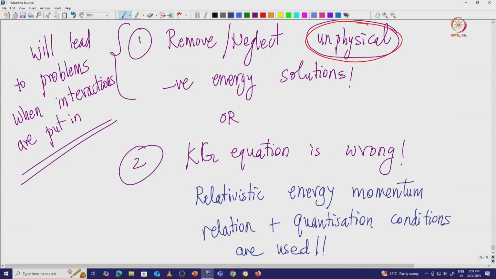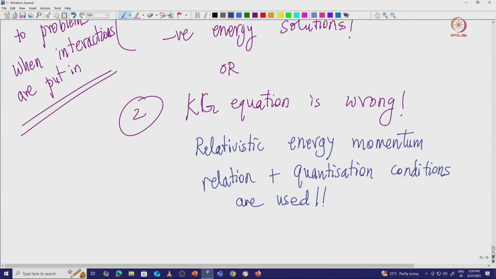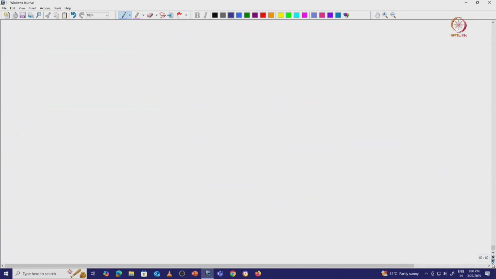Now why should it be wrong? And if it is wrong, we should understand why it is wrong essentially. We do not have a deeper picture, we do not have something. Now there is a third approach which we will try to solve.